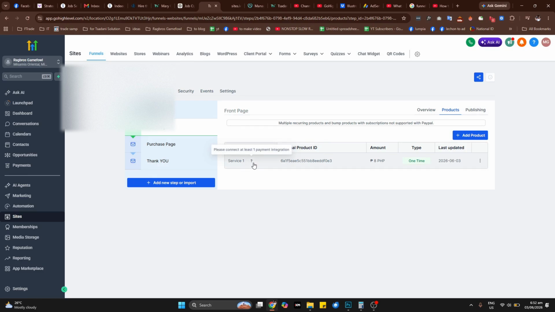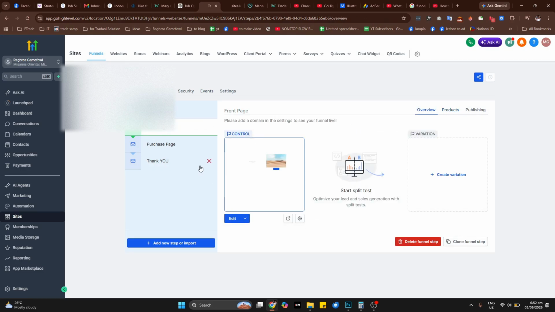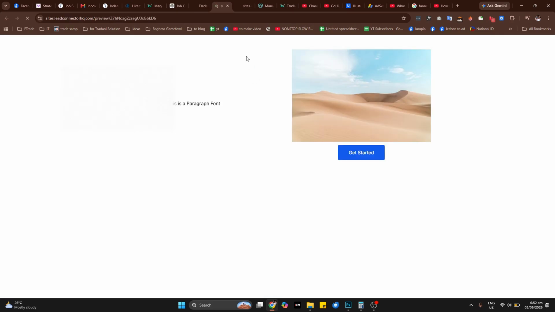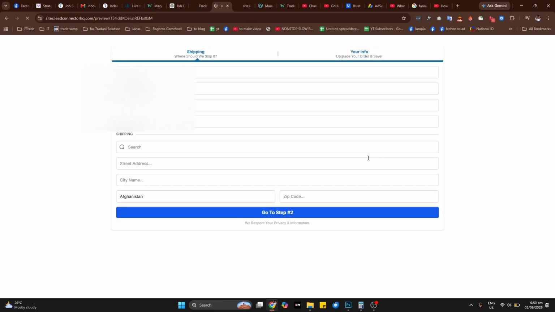Since we haven't set up a payment method yet, let's view your page by clicking that one, then this one, view page. So hit, then add details.